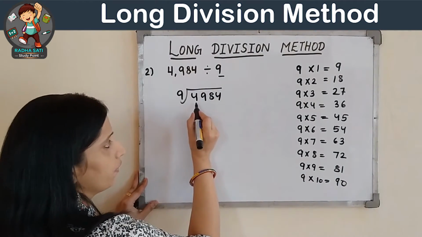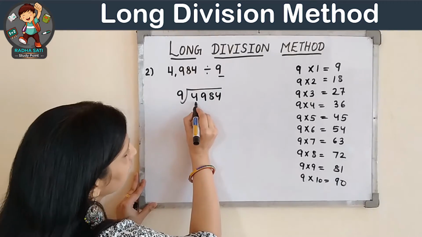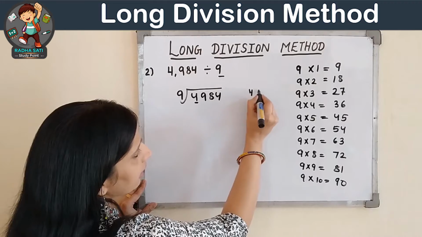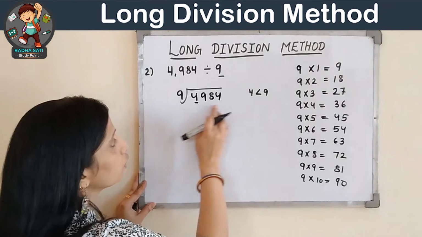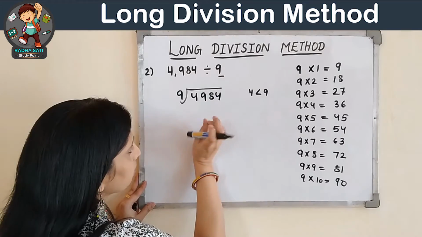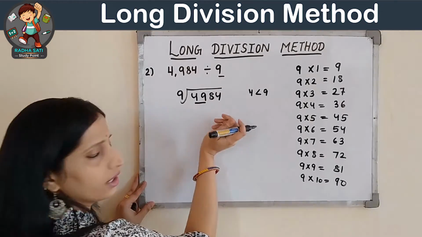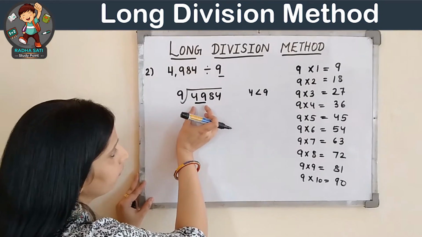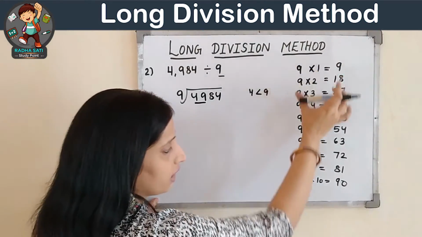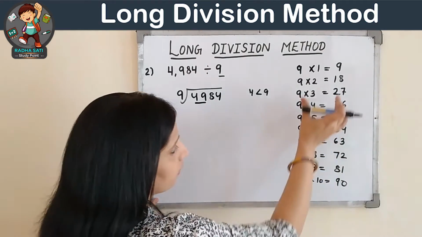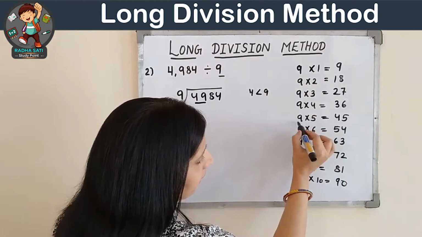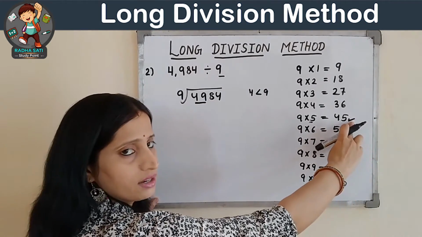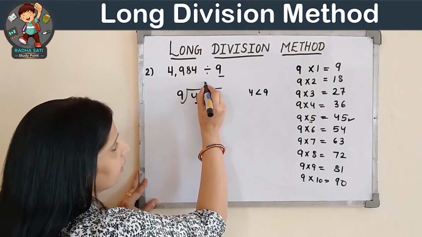Okay. So now we will start the division. So first we will check the first digit. It is 4. And we know that 4 is less than 9. So here in these type of questions, we will take 2 digits from the dividend. So now we will consider these two numbers 49. And now we will check for the number which is less than 49 in the table of 9. So we will start checking and we can find that 9 5s are 45. This number is less than 49. So it is coming in 5 times.